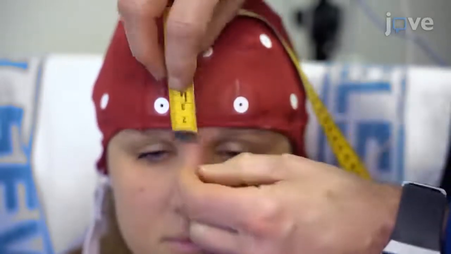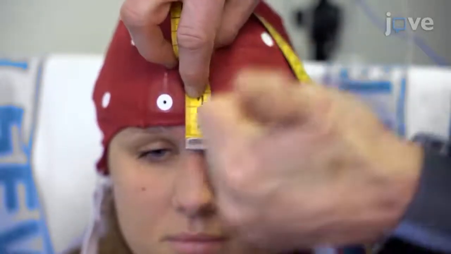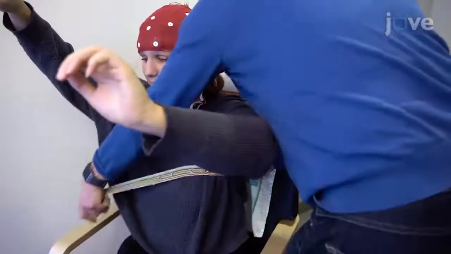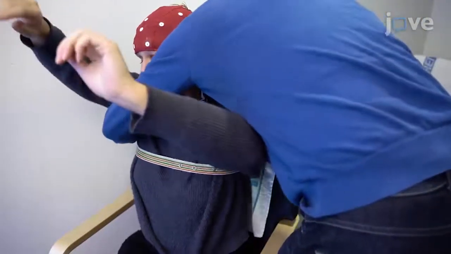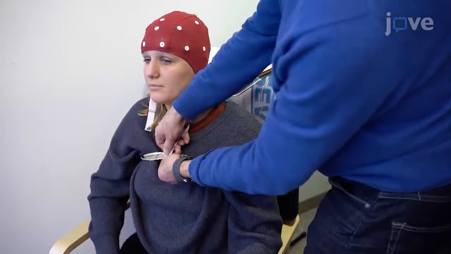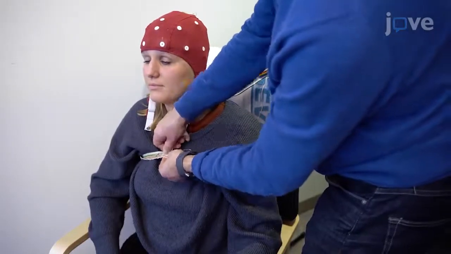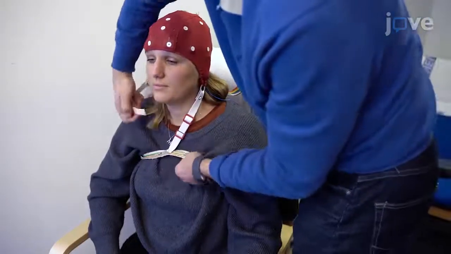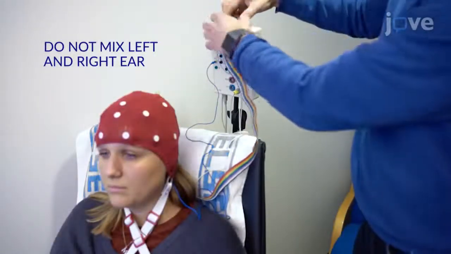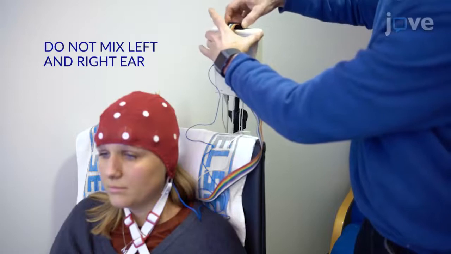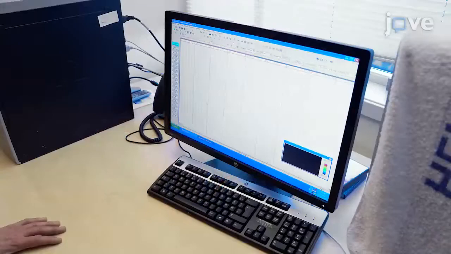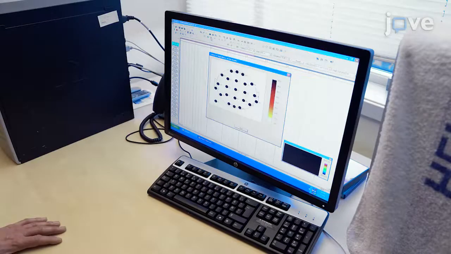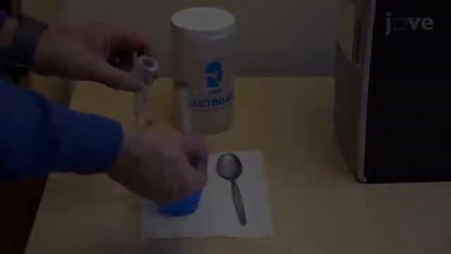Pull the cap down as far as possible to secure it close to the head, and place the waistband around the chest. Fasten the push buttons connected to the cap to this band to prevent the cap and electrodes from moving during testing, and connect the cap cable and ear cables to the amplifier. Next, click on the Win EEG menu Control of Impedance icon, and fill the syringe with